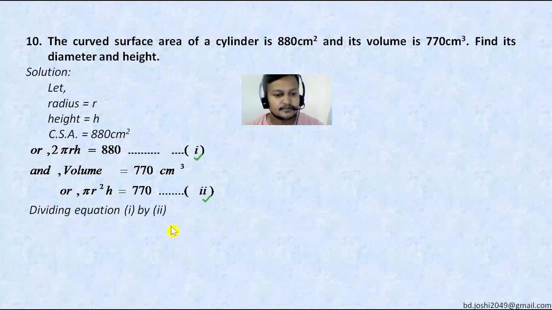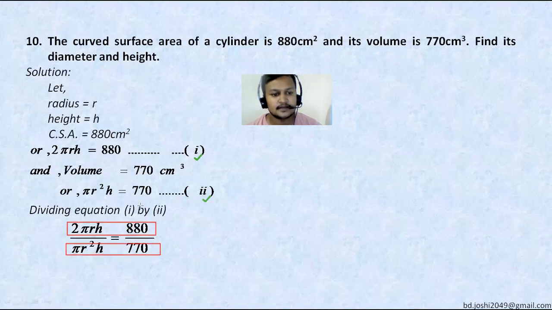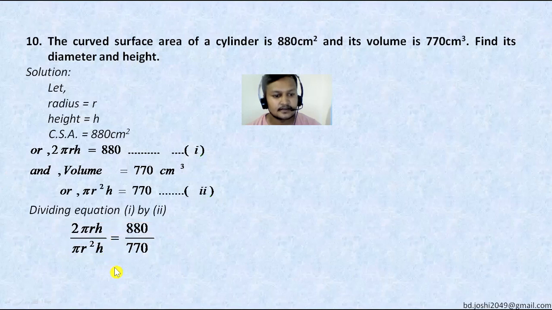So right here, dividing equation first by second. Okay, now what can be cancelled here? After dividing equation first by second, the upper one is equation first and the lower one is equation second. Equation first divided by equation second. Pi r h: 2 pi r h over pi r square h. The values cancelled here: pi and pi cancelled. Similarly from r and r square, one r is cancelled. Similarly h and h also cancelled. Yes. In the remaining value, 0 and 0 also cancelled.